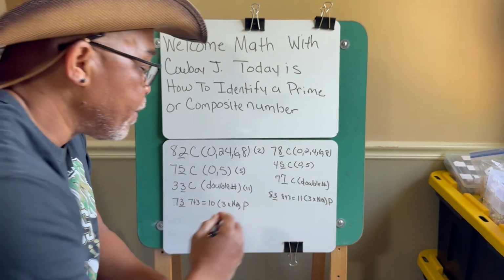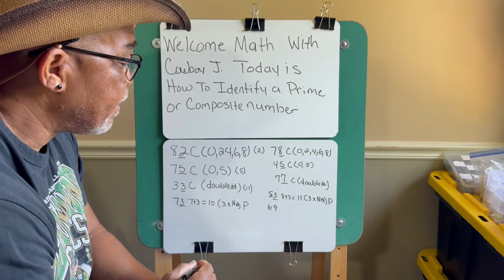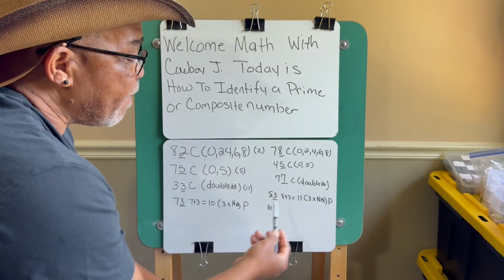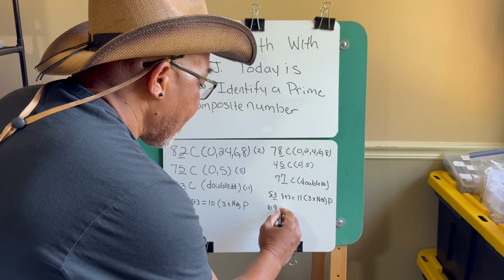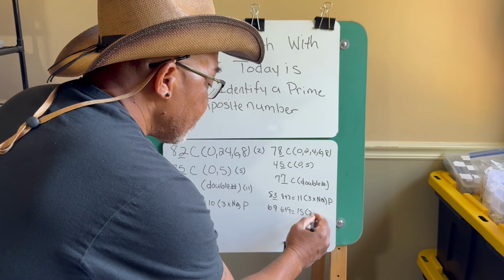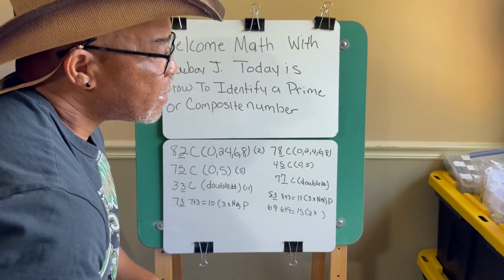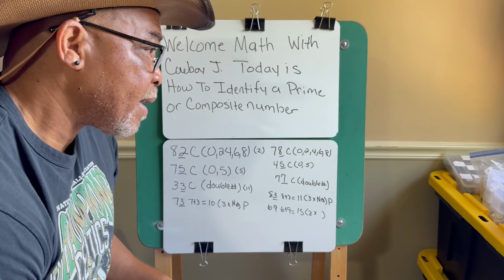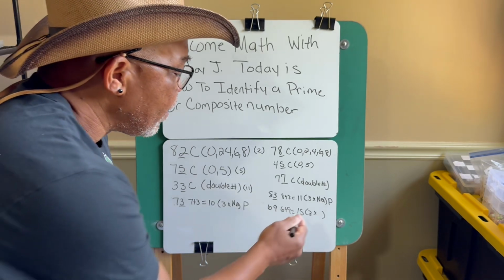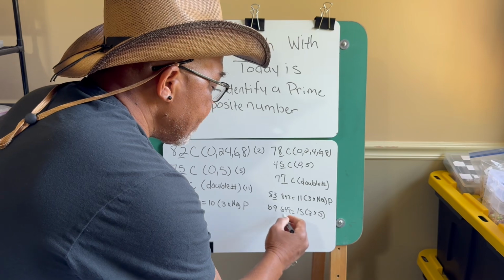And our last example, 69. Again, it's not a 0, 2, 4, 6, 8. It's not a 5. It's not a double number. So we're going to add 6 plus 9. That gives us 15. We're going to take 3 times. 3 times 1 is 3. 3 times 2 is 6. 3 times 3 is 9. 3 times 4 is 12. 3 times 5 is 15. Oh, we said the number right here, 15. Which means 69